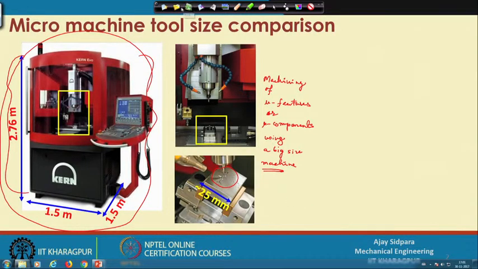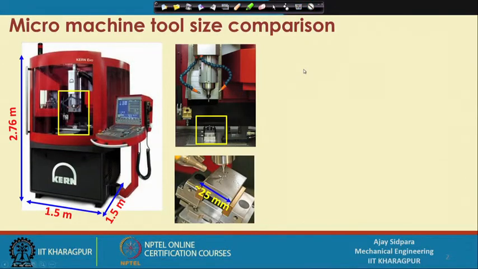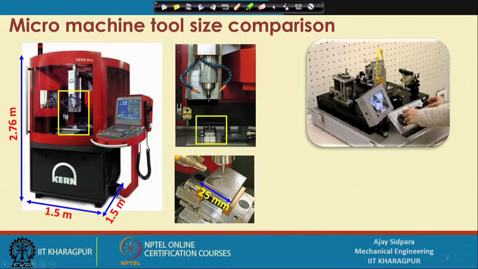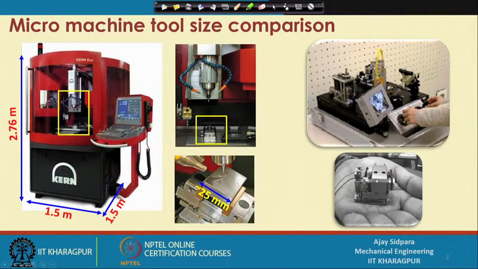So, now the objective of today's lecture is what happens if we reduce the size of the machine itself. Here you can see a micro factory consisting of many different machines. A micro milling machine is available, micro punching is there, then a robotic arm is there which moves the component from one location to another, and consider this a lathe, a micro lathe. So, it can do turning at a micro scale, and you can see the size of this lathe, it is almost palm top size. Here we will see the different problems associated with this, and the advantages of going with this type of micro machine itself,